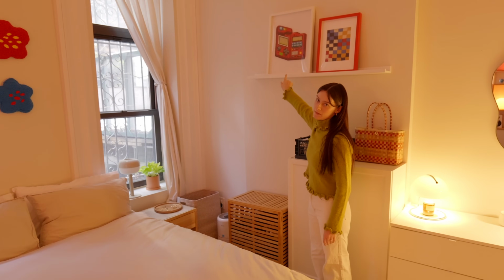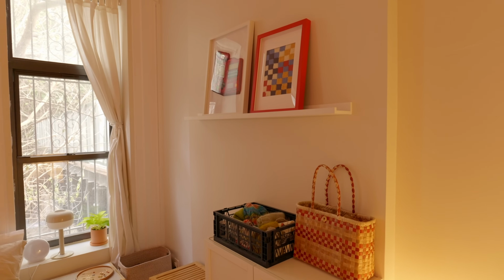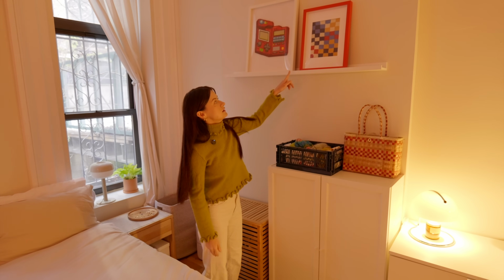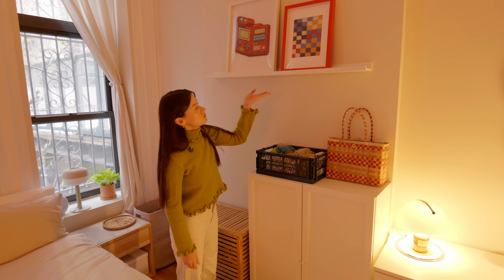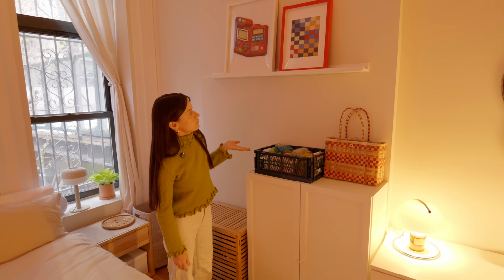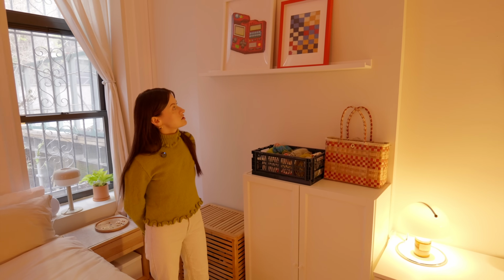My little sister made this for me and we framed it recently. It's a really nostalgic piece made out of perler beads. This piece is something I made to go alongside with it. It is hand knit in wool, cotton, and like a couple of other fibers. It's really inspired by a lot of vintage quilting patterns, but it's in intarsia knit